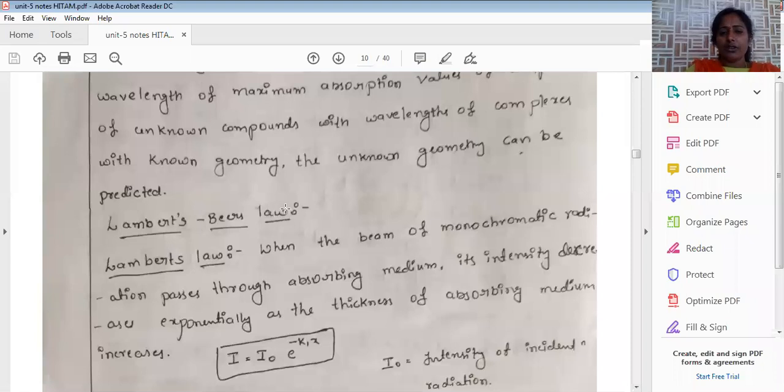So up to this we completed the applications. The major application of UV visible spectroscopy is determination of conjugation present in the compound. Conjugation is nothing but alternate arrangement of double and single bonds. We can identify whether the compound is conjugated or non-conjugated. If conjugation is there, we can identify to what extent it is there, whether two double bonds, three double bonds, or four double bonds. In that way, we can identify the number of double bonds in alternate arrangement by using UV visible spectroscopy.